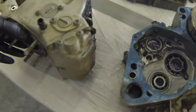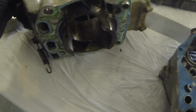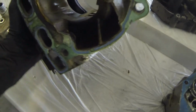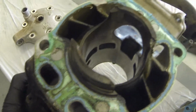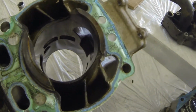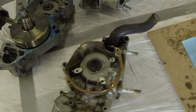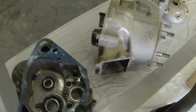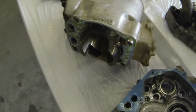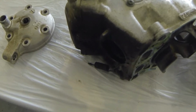So also in the meantime, this cylinder will be going out to probably Millennium. They do a really good job. I don't know if you can see inside. We definitely got some scoring, though it was not blown up. Glad we didn't have a bigger issue with it. But anyways, that's where we're at. That will conclude the breakdown video of the engine for the most part. There's obviously more to be done, but